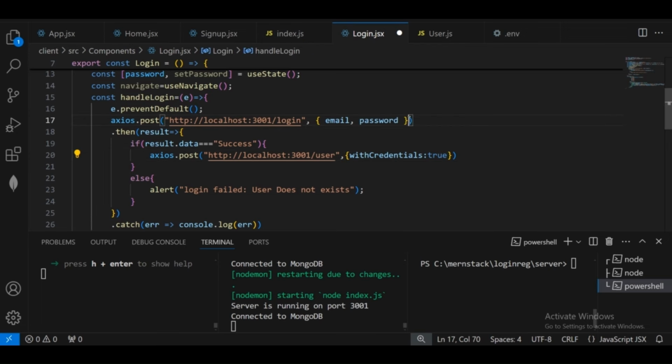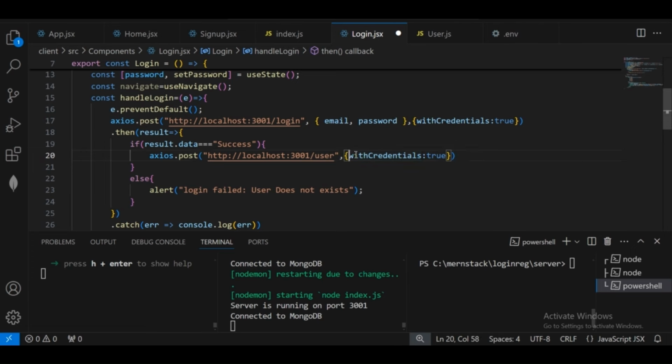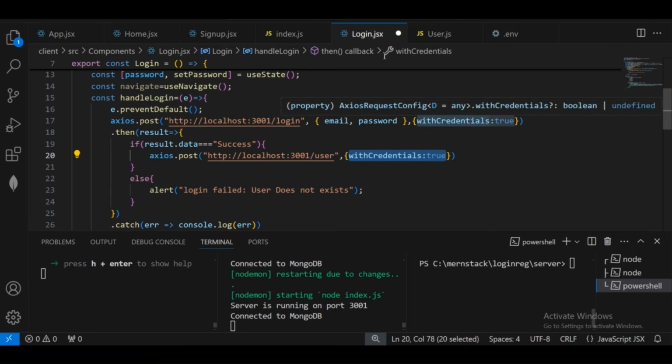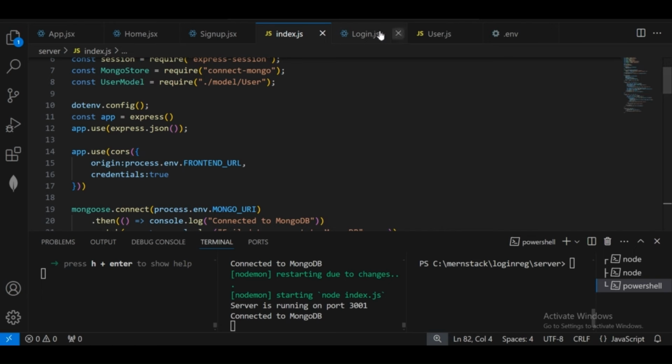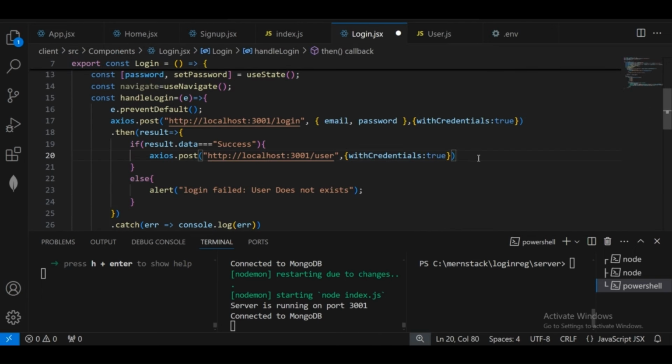With credentials true will help the CORS to bypass the cookies and session between the client and the server. The server must be configured to accept and process these credentials, and so is the client. So I have put with credentials true here and credentials true here also. So after getting the response from the backend, then